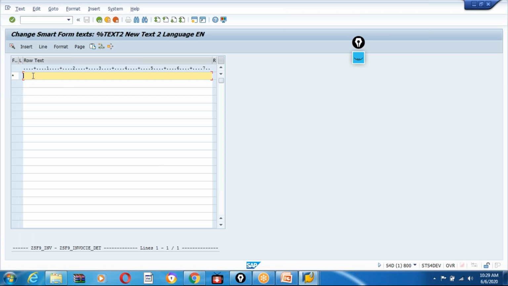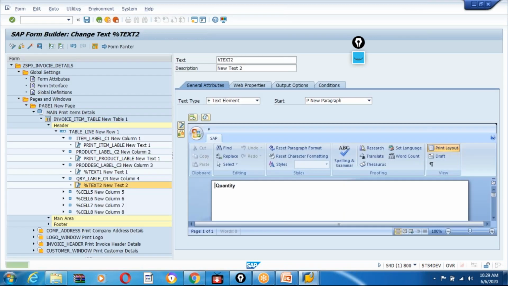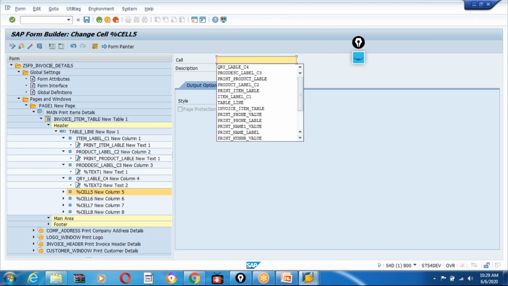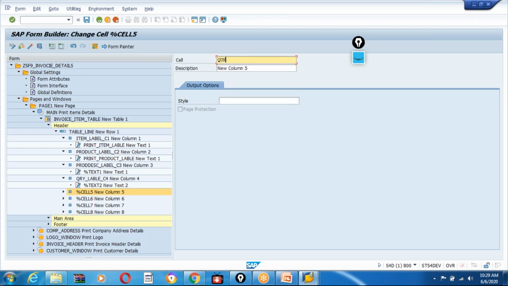Here you can apply the left alignment P2 and slash B1, and which is quantity. Yeah, this one is quantity unit, Q unit_label